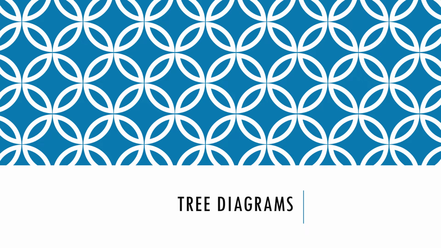In this video, we are going to discuss tree diagrams. In probability theory, a tree diagram may be used to represent a probability space. Tree diagrams may represent a series of independent events or conditional probabilities. Each node on the diagram represents an event and is associated with the probability of the event.